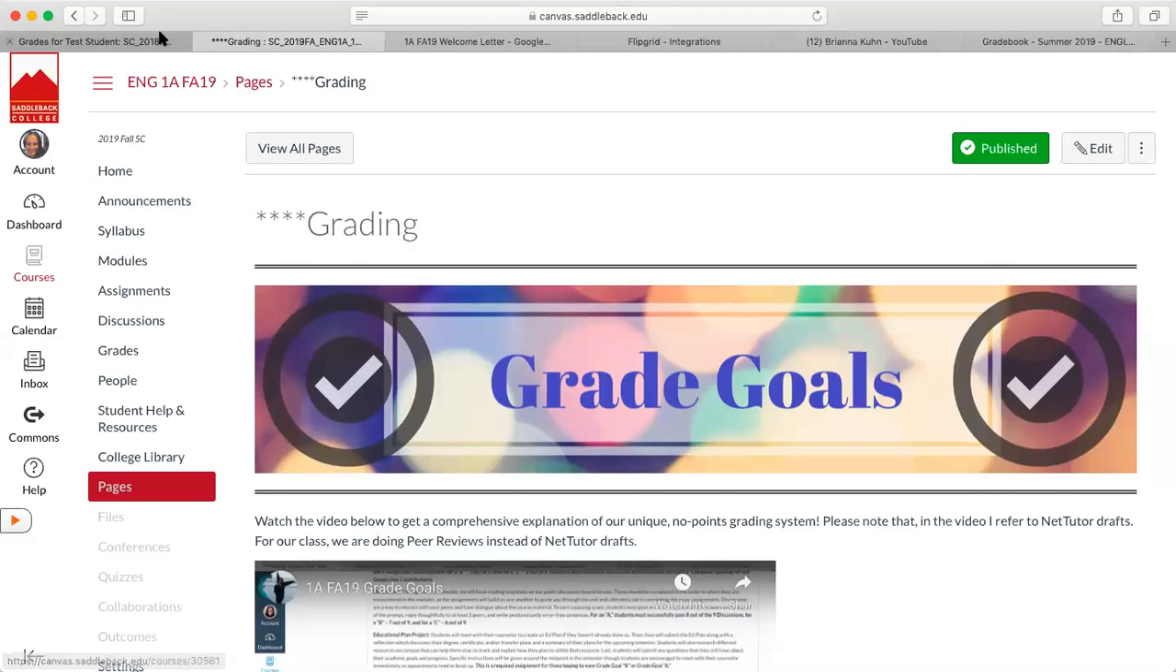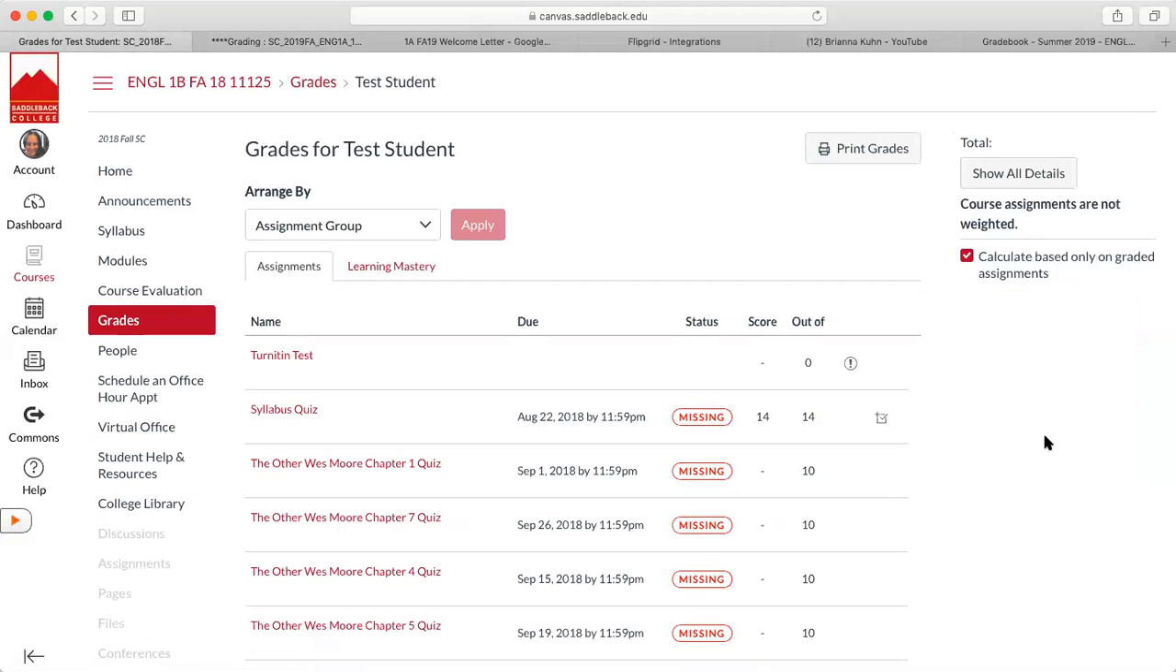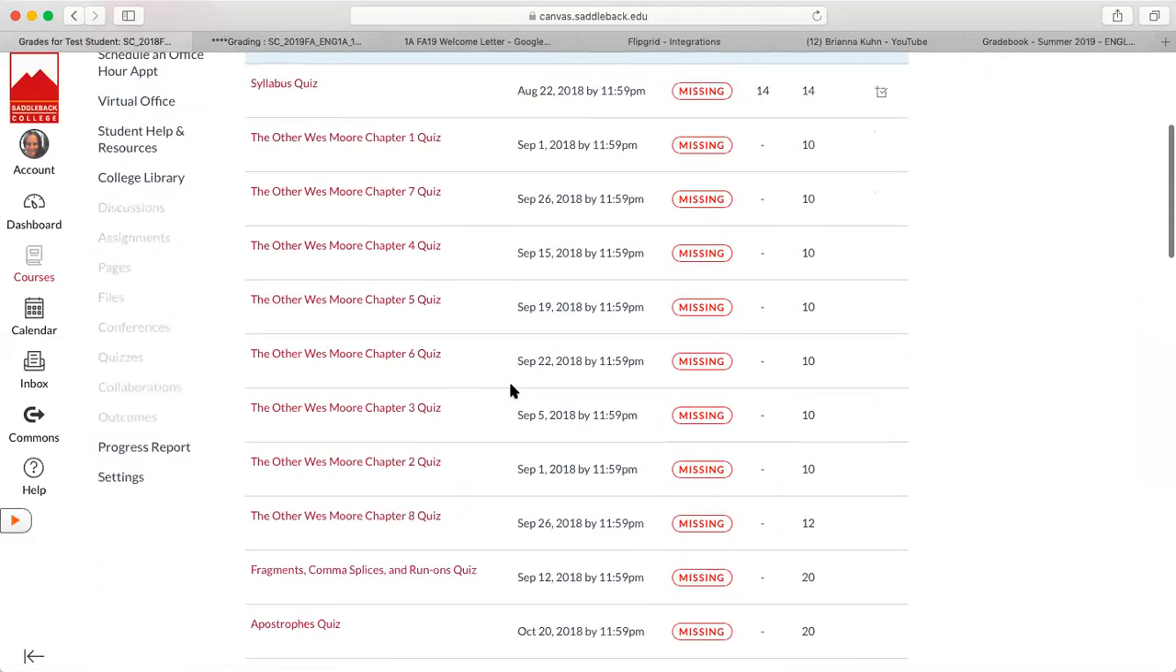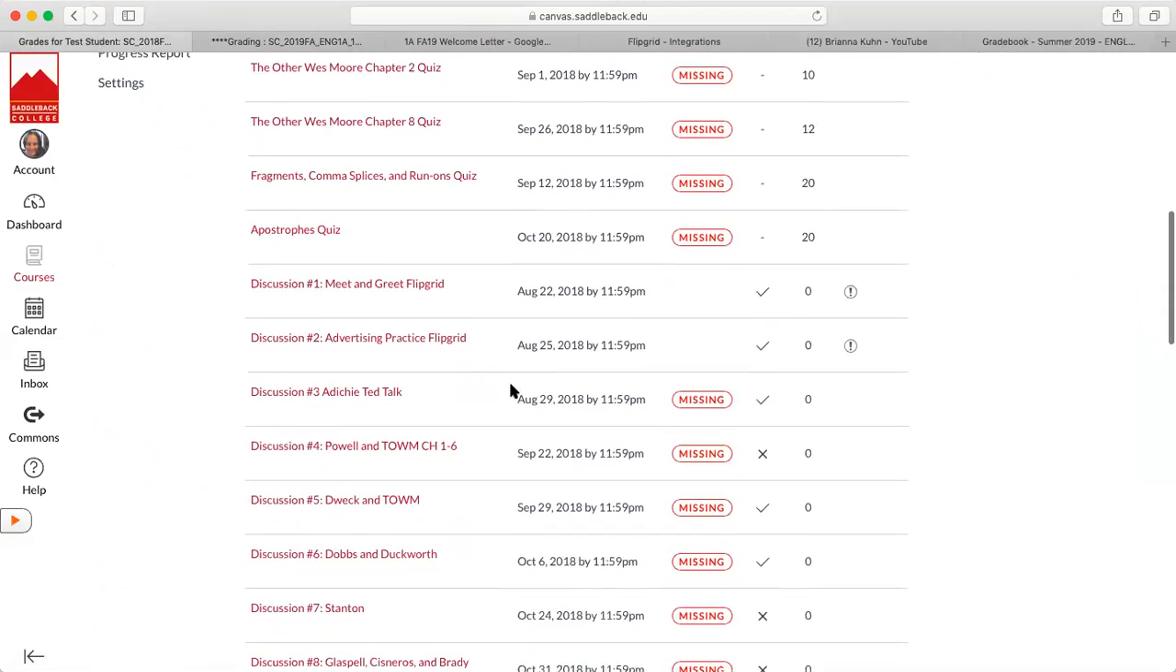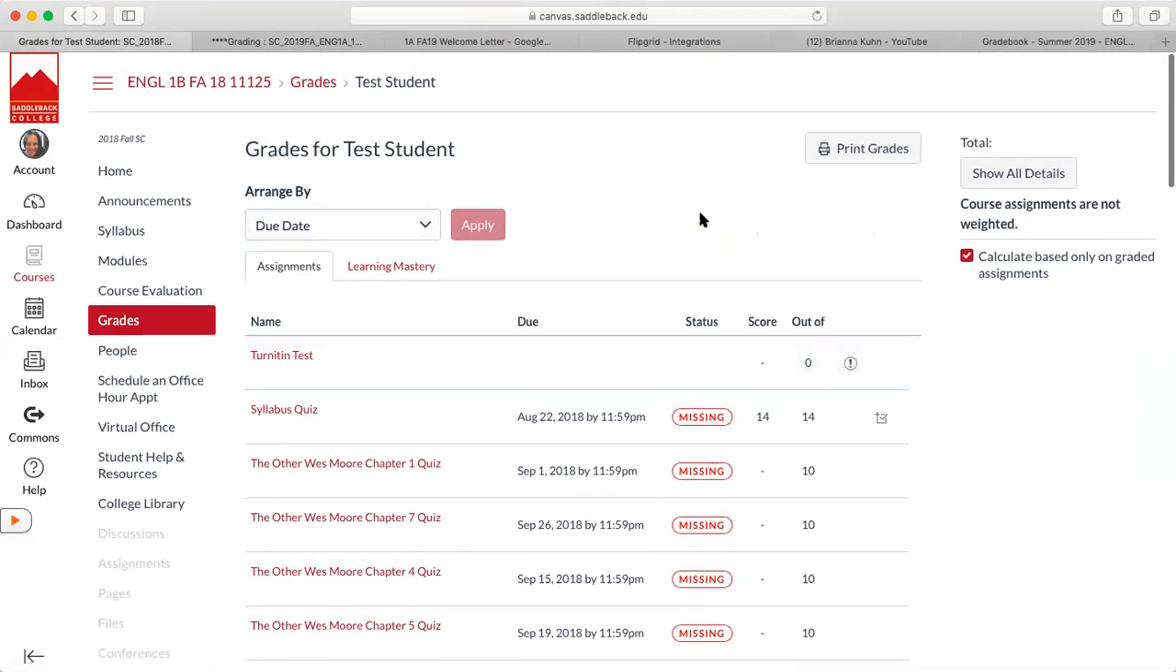Thanks for bearing with me. So I did find a test student here that I can show you this. So notice here it says arrange by assignment group. And I mean, you could do due date as well, but notice here, see all the quizzes are here together right now, and then all the discussions. If you change it to due date,